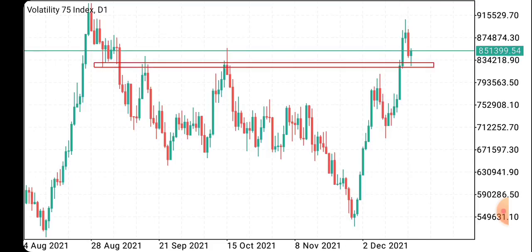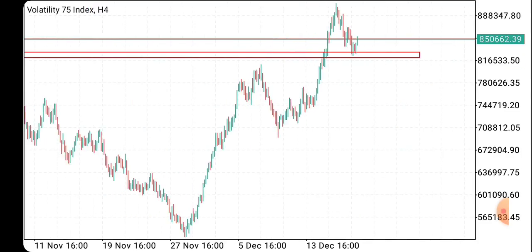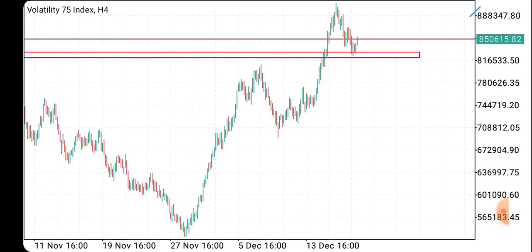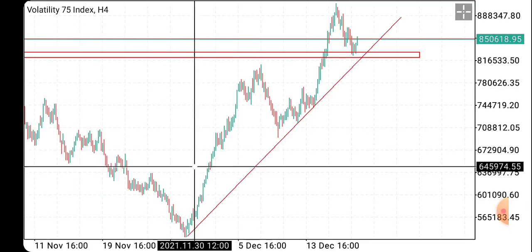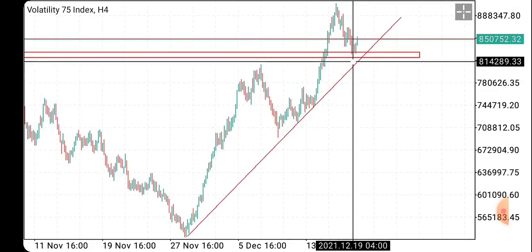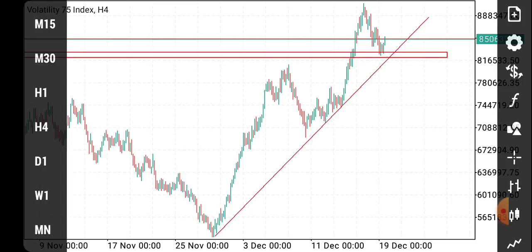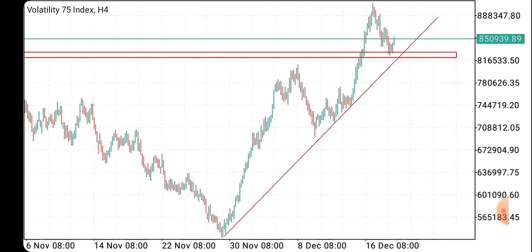So we now go to the H4 time frame. We use our trend line because the market is a trending market. We connect the troughs. We have connected these troughs here, and we see clearly that price is moving in this manner. When we connect our troughs, we wait for price to come back and retest this zone here. Since it is a big move, we are in a big time frame.